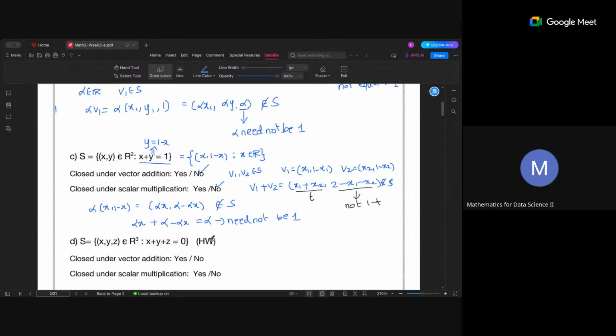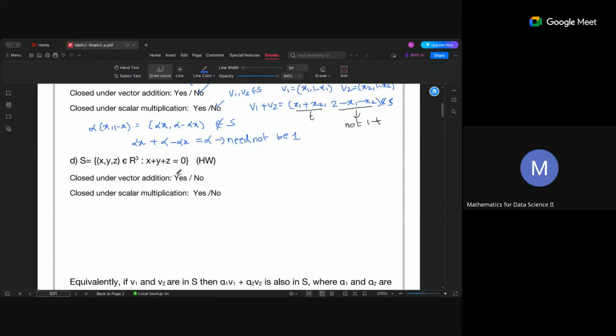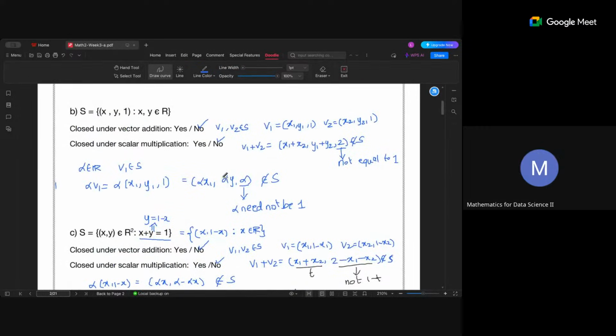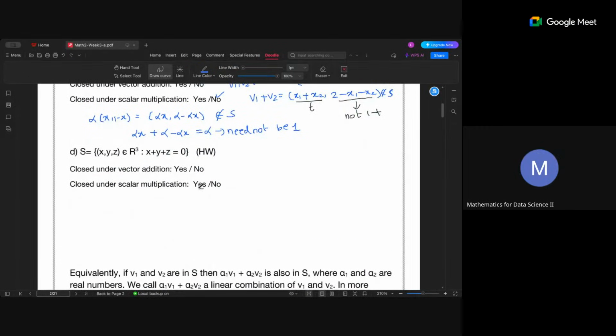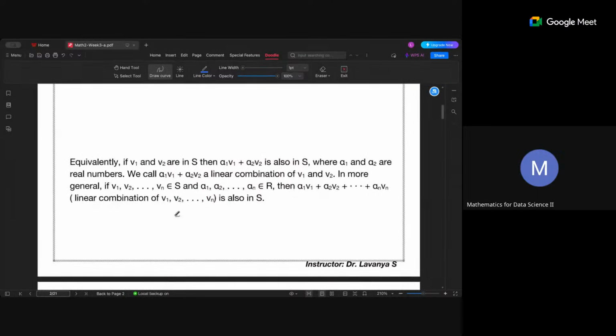Okay. So I'm leaving this part as homework because now you already have an idea of how to verify this. So try to verify whether this set is closed under addition and scalar multiplication. Okay. Fine. Equivalently, if V1 and V2 are in S, then alpha 1 V1 plus alpha 2 V2 is also